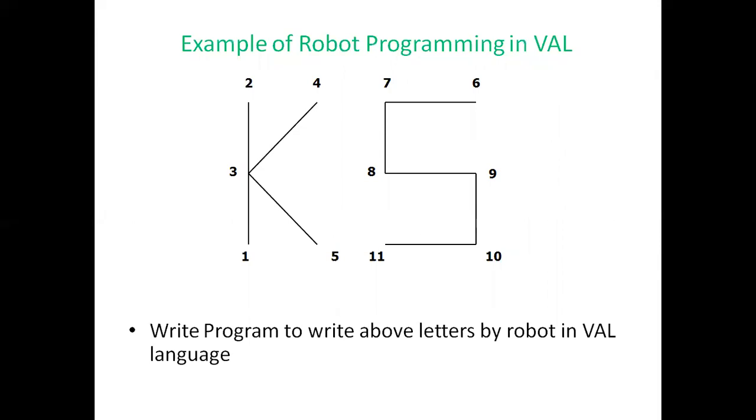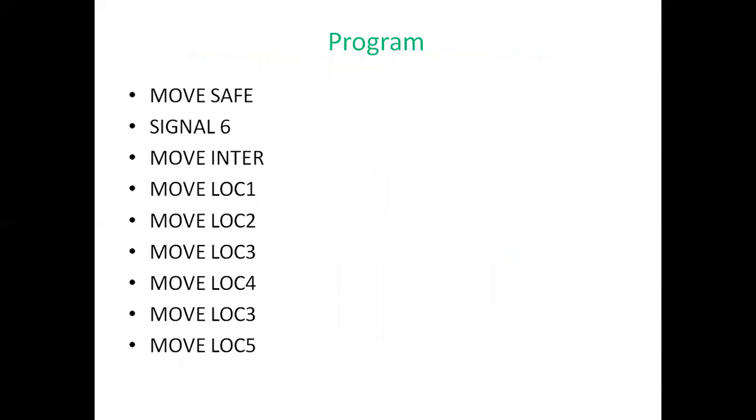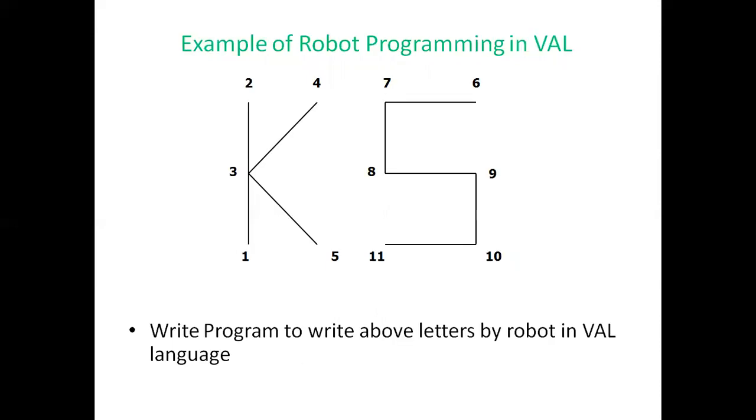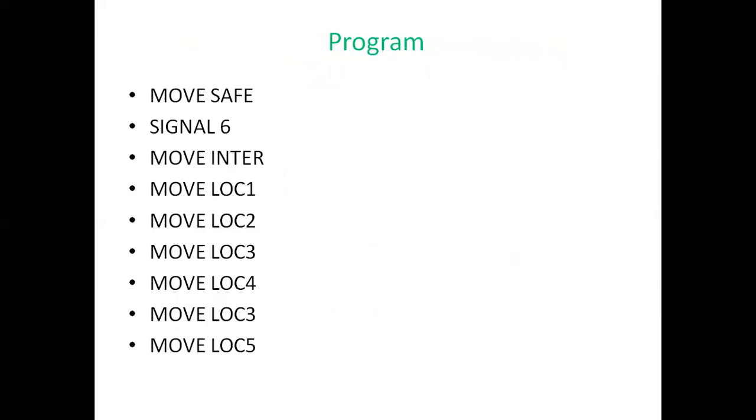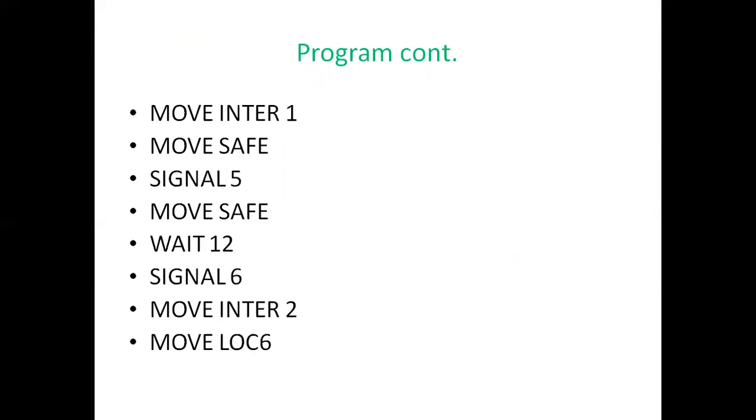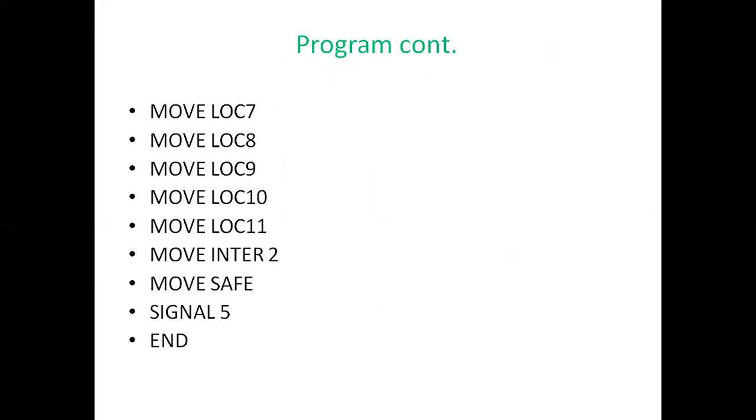The example of robot programming, so we have to write the programs to the above letters by robot in VAL language. For example, now the K is there, right? K is 1, 2, third into the reference 4 and 5. The S letter is 6, 7, 8, 9, 10 and 11. Okay. So for example, move save, we'll have a signal X. So signal 6. So next one, move enter, move lock 1, move lock 2, lock 3, lock 4, lock 5. So program continuation, intervene, move save, signal 5, so wait till signal 6, so we'll go on up to 12